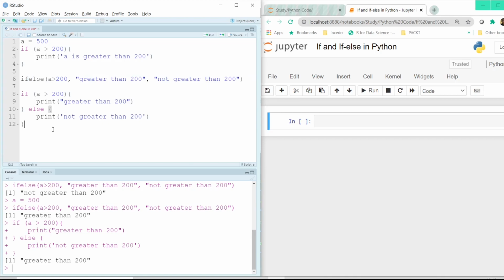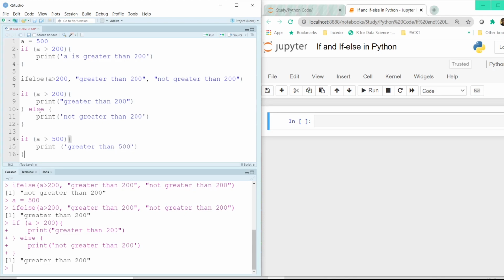However, if there are more than two conditions, then we have to use the else if condition here. And the way we use that is, let's say A still has a value of 500. Now we can say if A greater than 500, and then inside the curly braces just say print greater than 500.